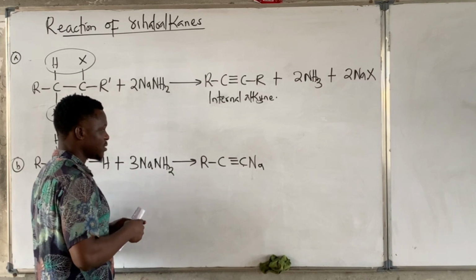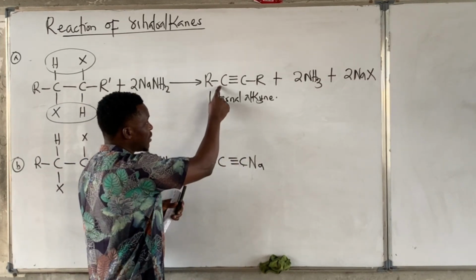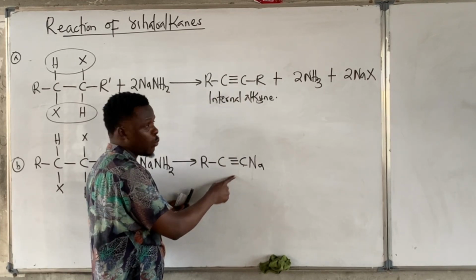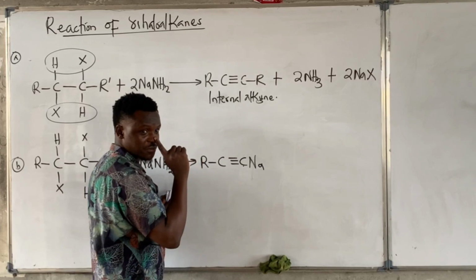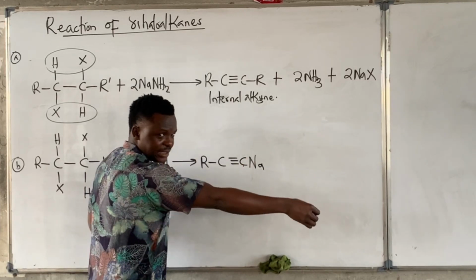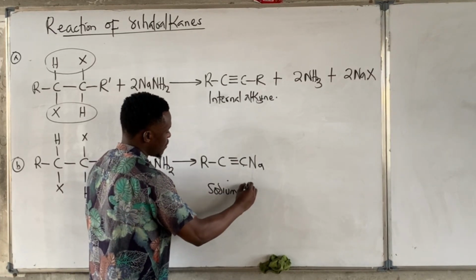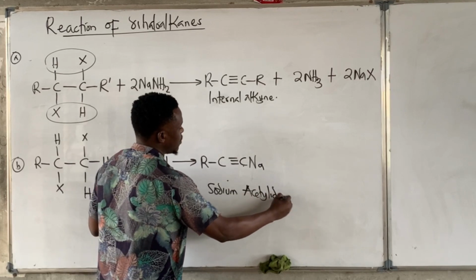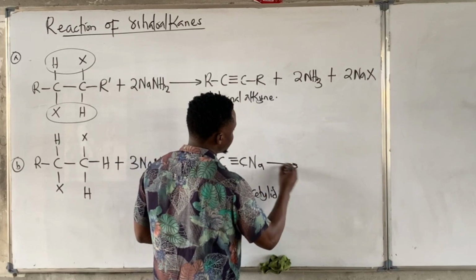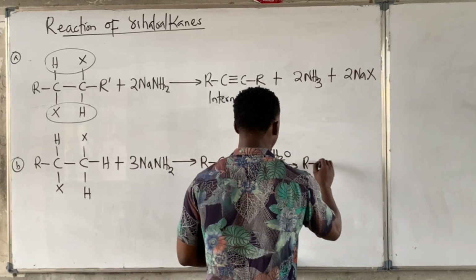Now why is this so? Because this alkyne that was supposed to be formed here has 1 hydrogen. So anytime, now look at this, 2 carbon is not having any hydrogen. That is why this is not happening here. But once any of these carbon is having 1 hydrogen, this guy is not just going to form alkyne. It has to form an intermediate first. That intermediate is always sodium acetylide. It's a must. Now when you add your water, this guy now becomes